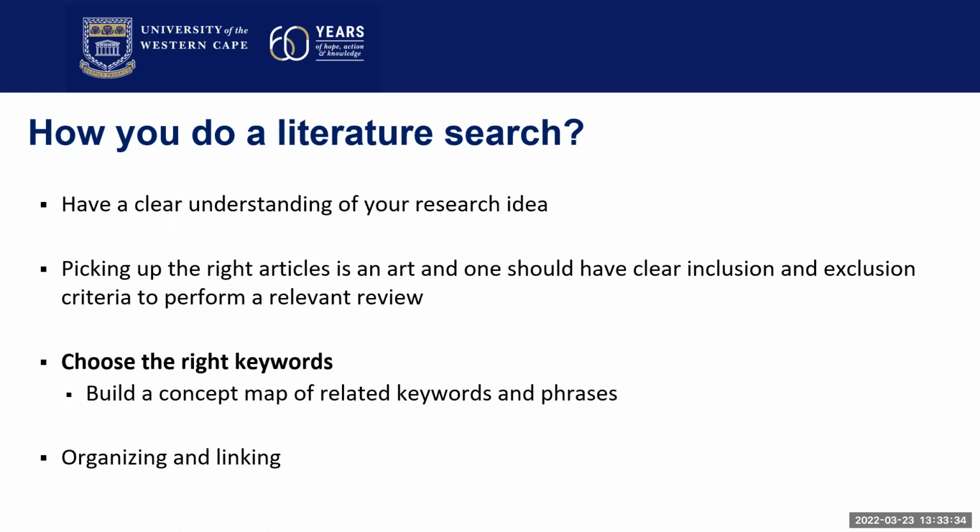Okay. I'm looking at a particular plant synthesized, so that would be green. So there's already 5 keywords. So you see how that works. So while you're sitting there, you write these down and that's how you begin. So you're organizing them and linking them together. So you see, you're building a concept map of keywords and phrases